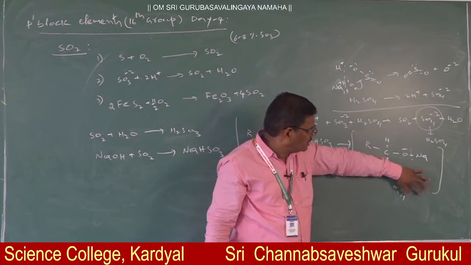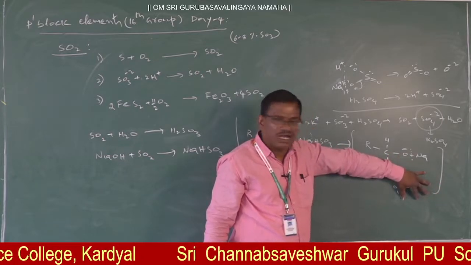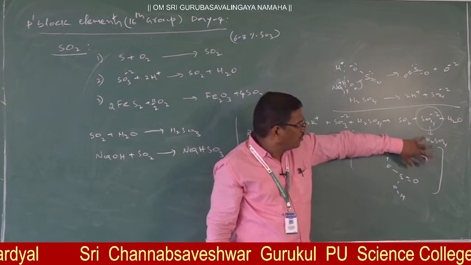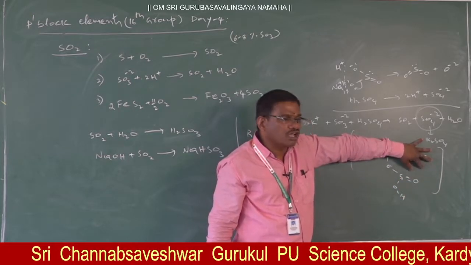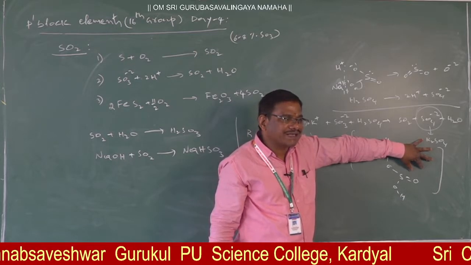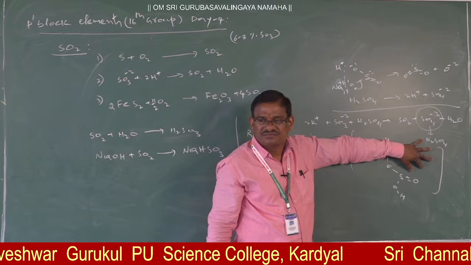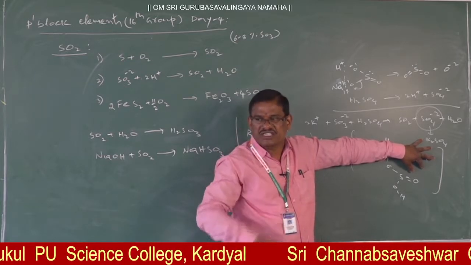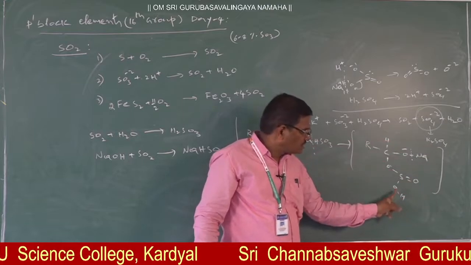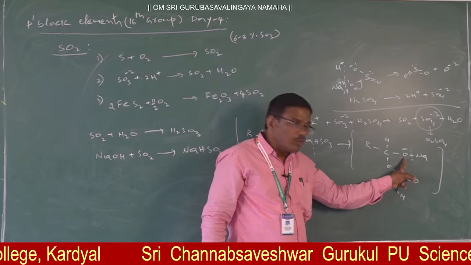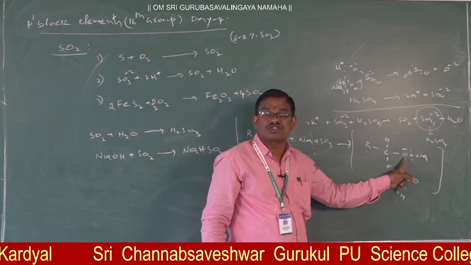Here, if it is H, that is the alcohol above. Correct? Alcohol is a weak acid, we decided. Now compare that alcohol with this sulfurous acid, which is strong. A strong acid readily loses H plus, because when a strong acid loses H plus, the conjugate base formed is weak. Thus this H plus is readily lost by it. Now the O minus is a strong conjugate base.